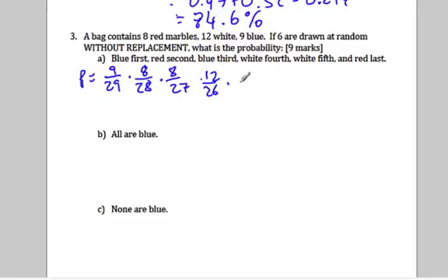And then white fourth, well, there's 12 white in the bag out of 26 marbles left. And then white fifth, so there's 11 white in the bag because we drew 1 in the previous draw, so that's 11 over 25 times red last. We drew a red on the second, so now there are 7 red left in the bag out of 24 marbles. And so when you multiply this out, it comes out to be approximately 0.156%. Now the probability that you draw all blue